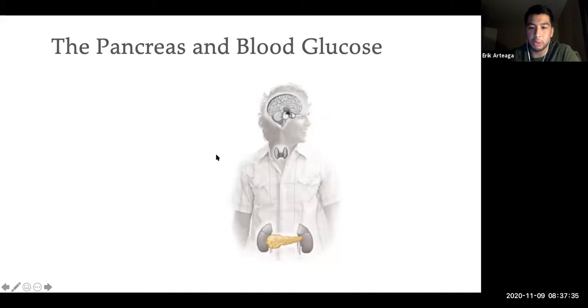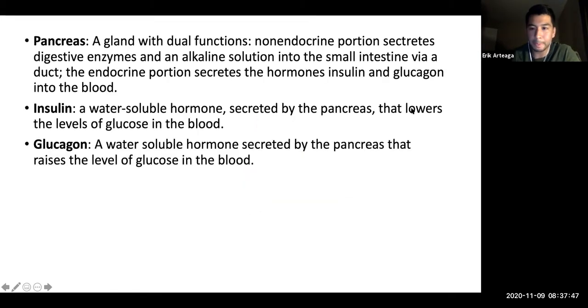So pancreas and blood glucose. Okay, so here we're going to be talking mainly about diabetes, as you might have guessed, right? So the pancreas, again, modulation of insulin as well as glucagon. Okay, so the pancreas is a gland with dual functions. You have a non-endocrine portion, which secretes digestive enzymes into the duodenum. So remember, we talked about that pancreas innervating at the very top of that small intestine that's dumping in those different digestive enzymes along with your bile duct, right? But it also has a secondary function, right?